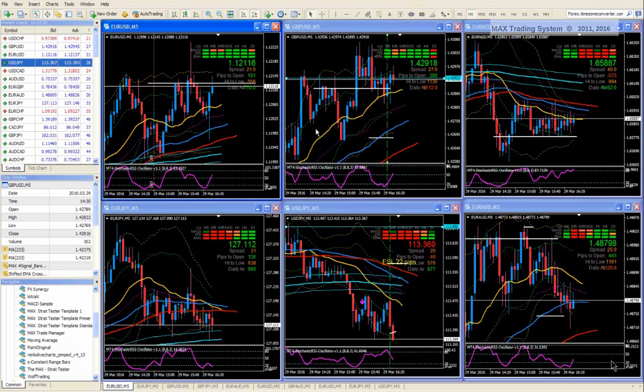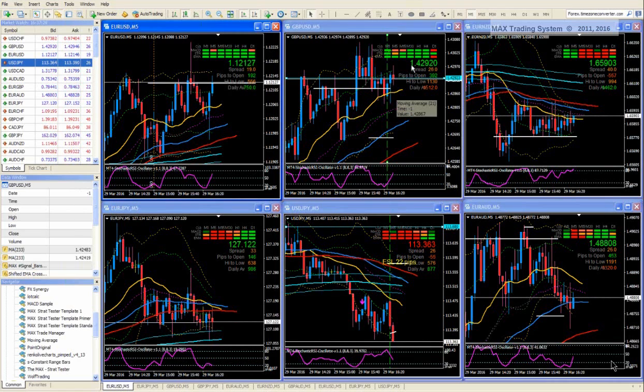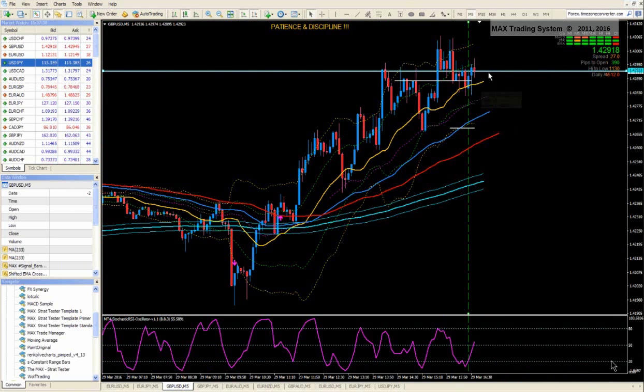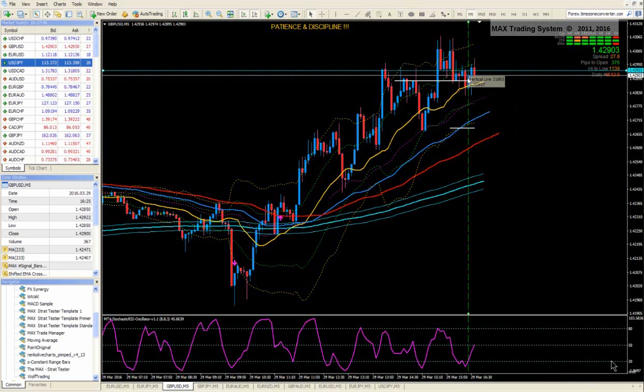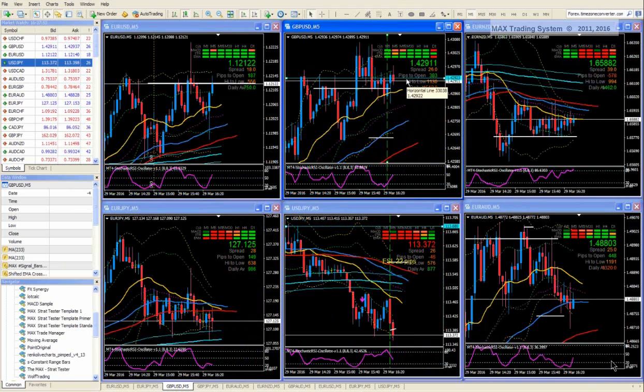And of course, while I'm handling a situation in a specific pair, I can miss possibly another opportunity. Here, for example, on the pound US dollar, this candle was an entry setup bar, okay, with an entry where the blue line was. So there was a possibility to make an entry here at this level. So sometimes if you are busy with another situation, you can miss an opportunity. And if you miss an opportunity, you simply wait for the next entry setup.